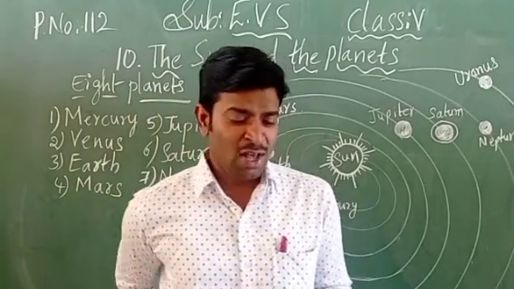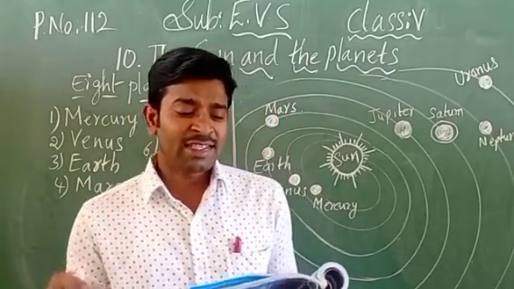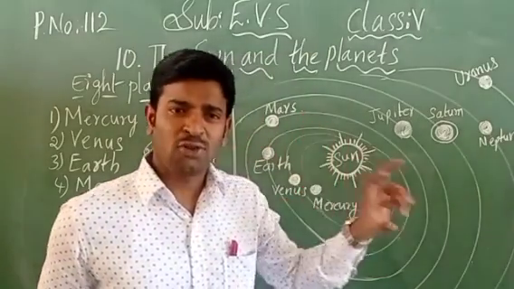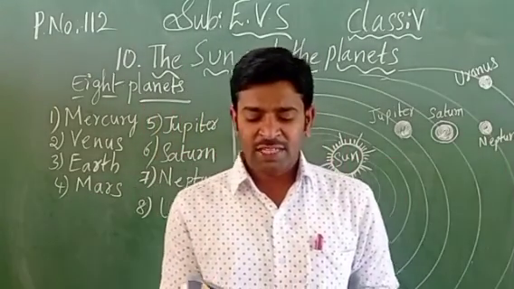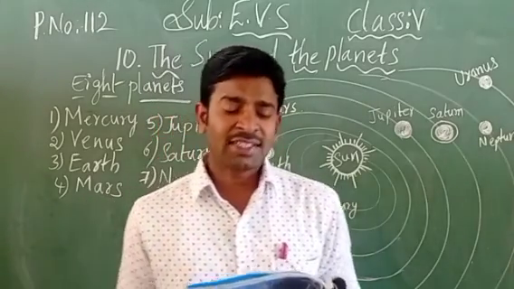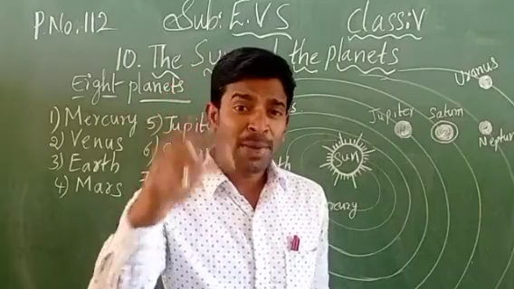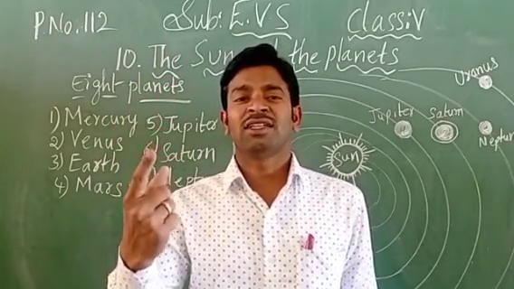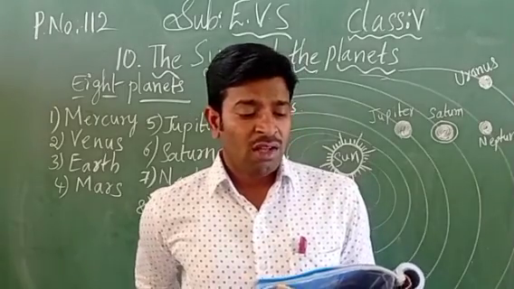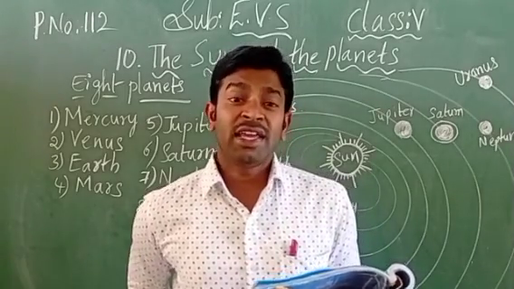Okay, he is the main in our solar system. The sun is a star too. Whatever sun you are seeing, it is also one type of star. It is very near to the earth when compared to all the other stars in the sky. So when we are comparing to all other stars in the sky, children, the sun is very near to us.